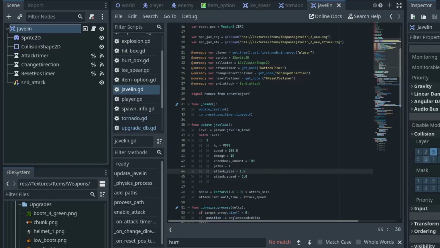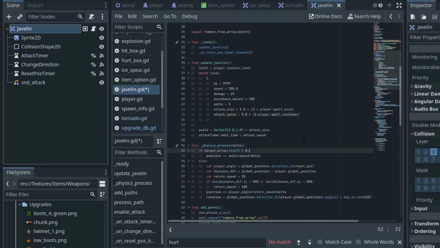Oh, but before we do that, we should actually just do our attack size. So our attack size is once again going to be the 1 plus player dot spell size. Now, for the attack speed, because the attack is actually done on the javelin itself, we're going to be doing the 5 seconds times 1 minus player dot spell cooldown. So that's how we do it there, and I believe that this is all set up to work really well